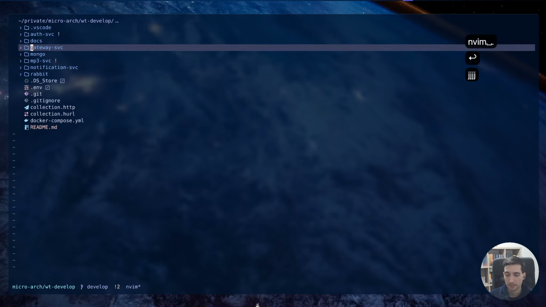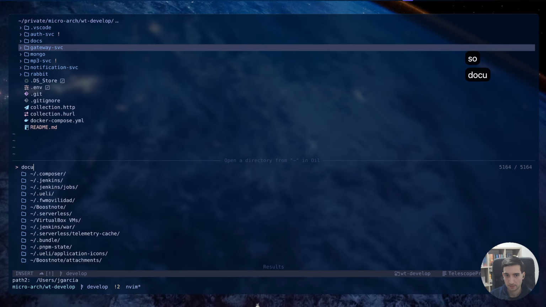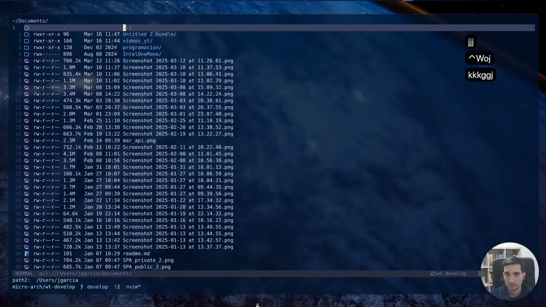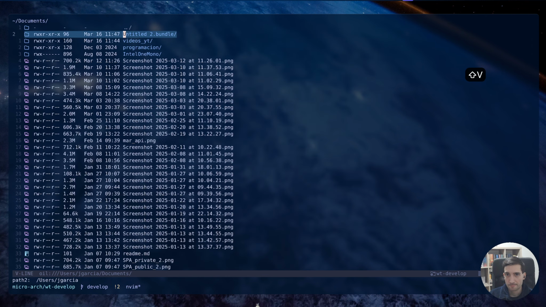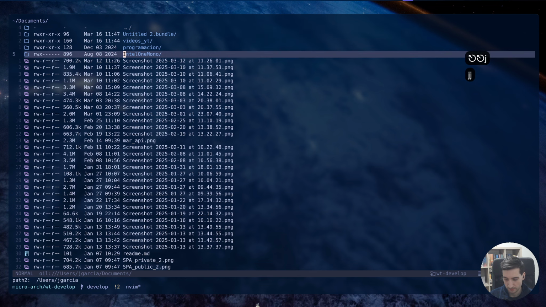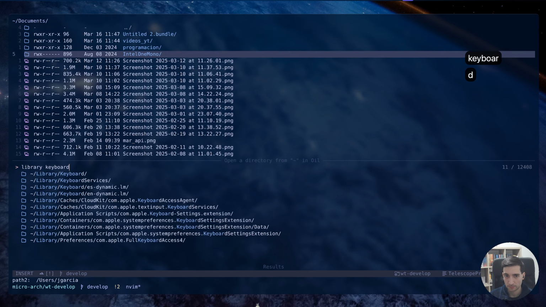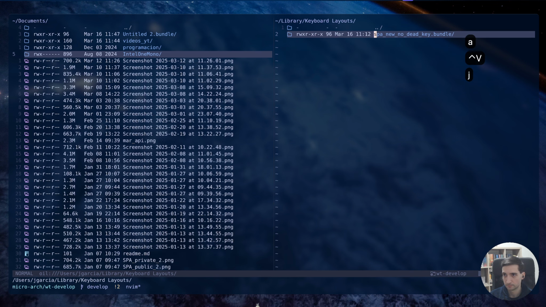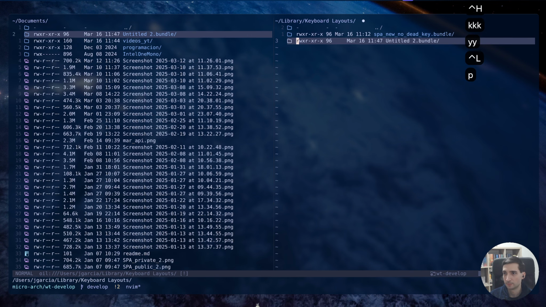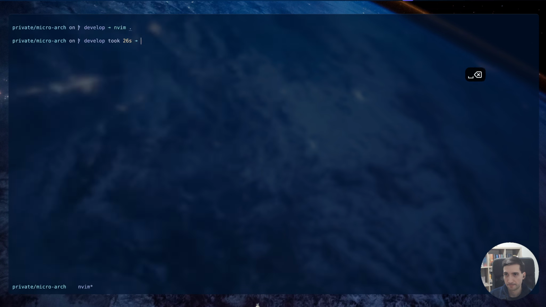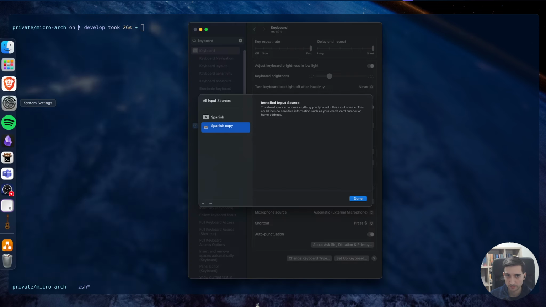Then you will need to place the bundle file into library keyboard layouts. So you copy it, you place it over here, and then you will need to restart your computer. And then once you restart it,